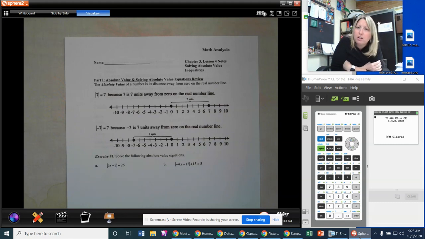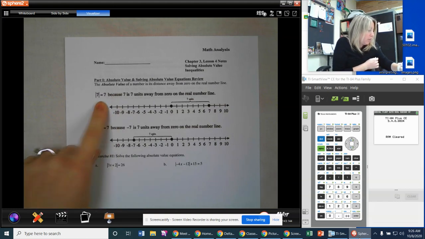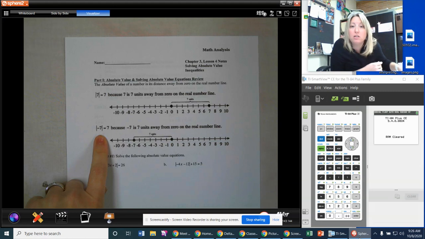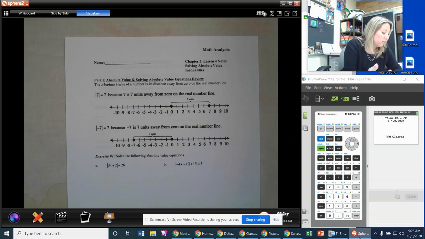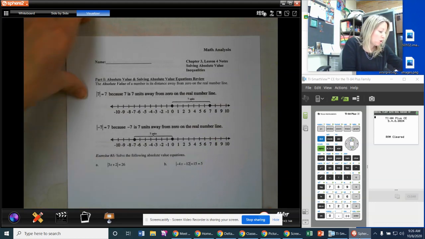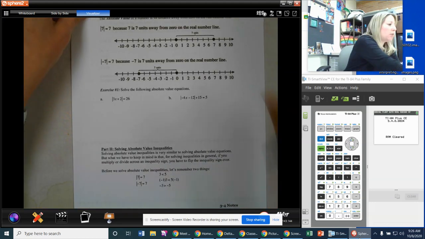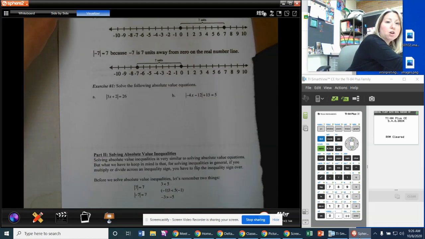we reminded ourselves that absolute value is just a distance away from zero, right? So we use this example, of course, the absolute value of 7 is 7. The absolute value of -7 is also 7 because we're talking about a distance away from zero. So how many places away from zero are we? Once we had kind of gotten into that mode, then what we did was we solved some equations, knowing that